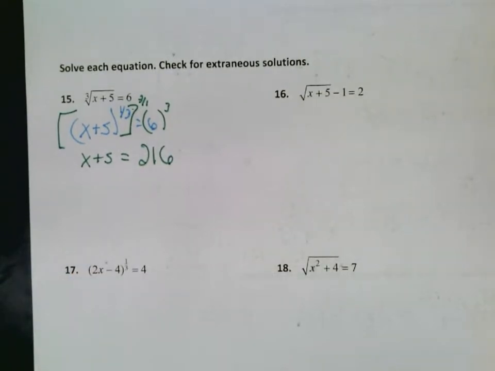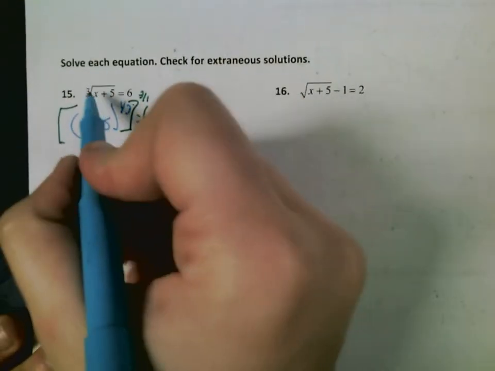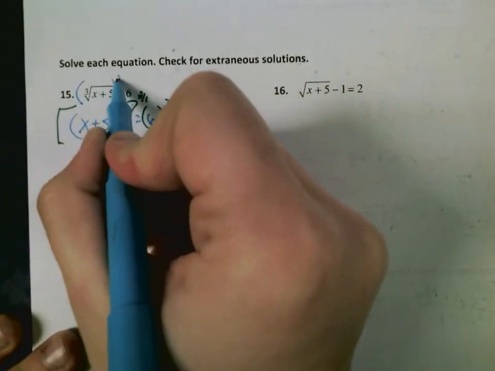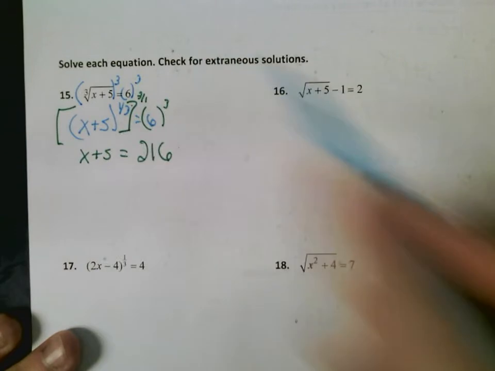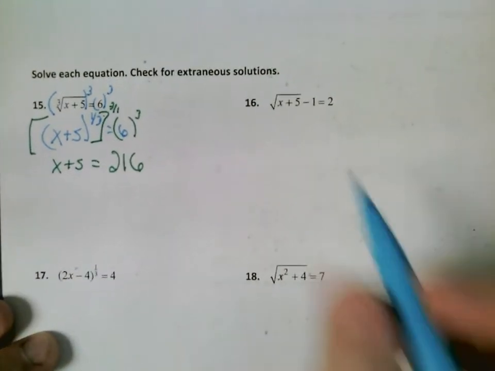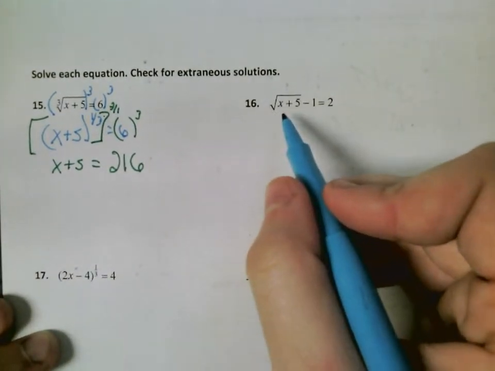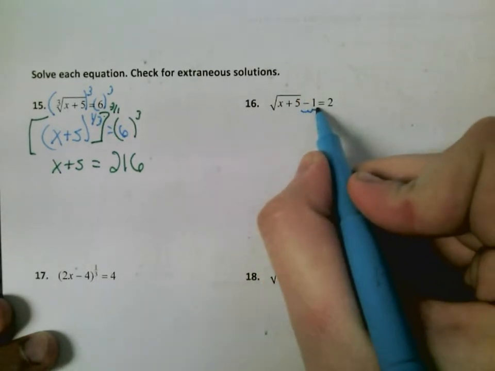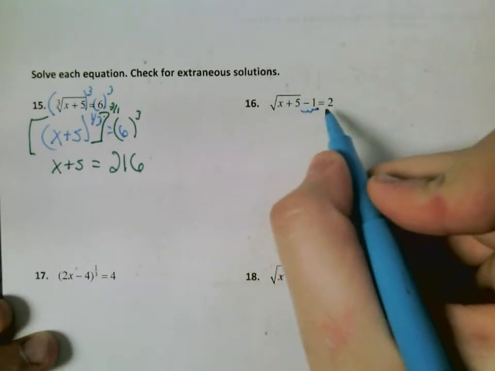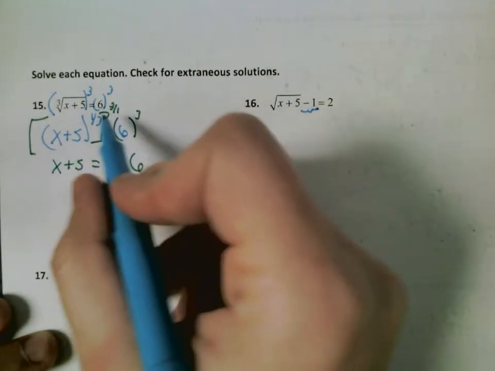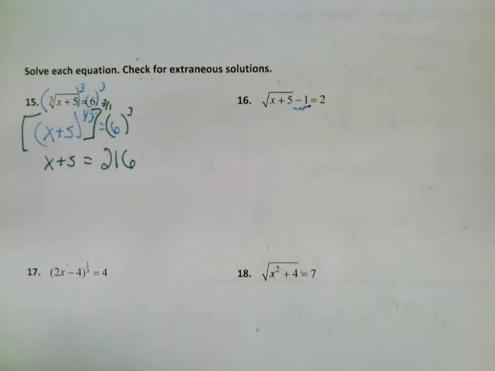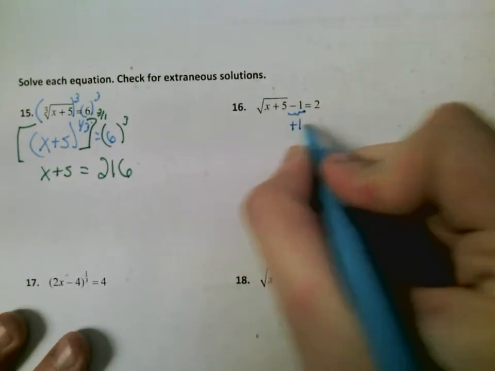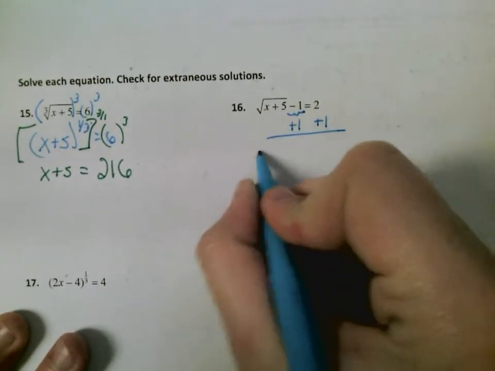The other option we said is you can take this original example. It's a cube root, so to undo a cube root, you raise it to a cube power. This one over here is a square root, so to undo it, you'd have to square it. However, this particular one has that -1 outside of the house, and in order to do these rules of raising it to a different power, it does have to be by itself. So I would recommend here getting one on the other side,